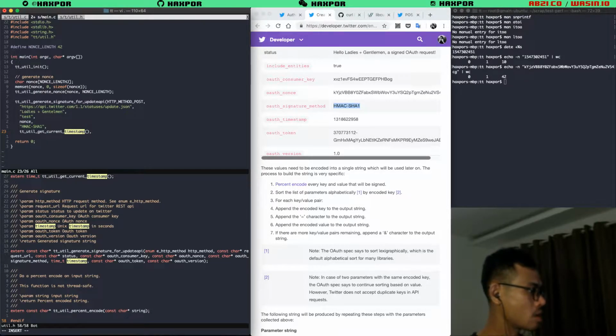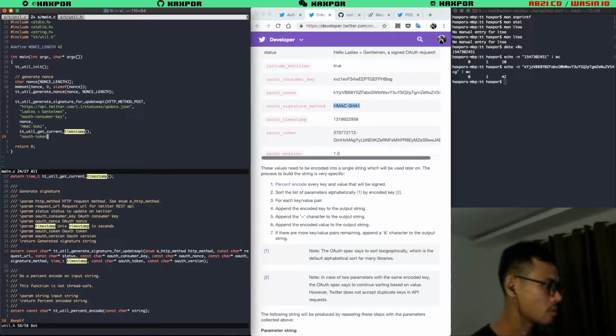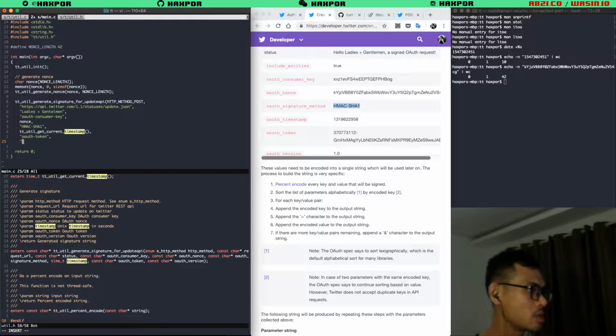Okay, what else? For our token, this is for test first. Consumer key. I just want to see the result string whether it's correct or not. And the last one is going to be version 1.0. Right.